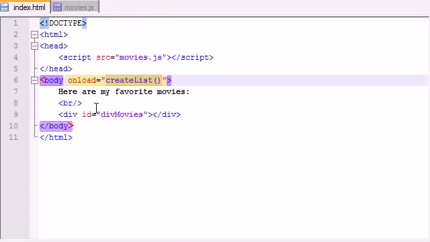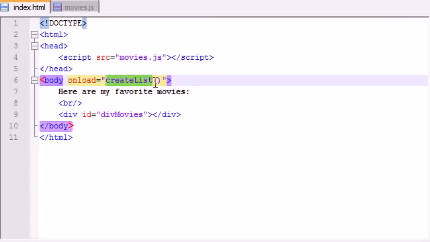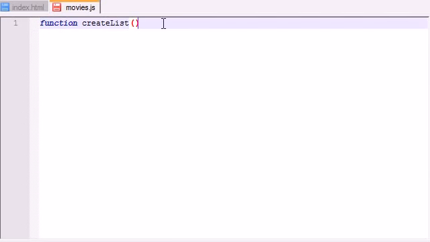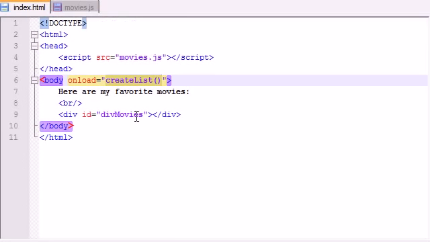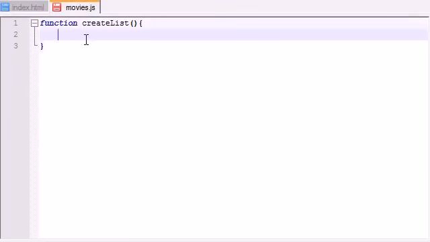So now it knows about all of these divs. Now in this function, once the web page is loaded, it's going to go over here and call this function. Pretty sweet, huh? So let me go ahead and, I guess inside this div we can just put an unordered list of my movies. So let's go ahead and, since we're going to have kind of a big list,